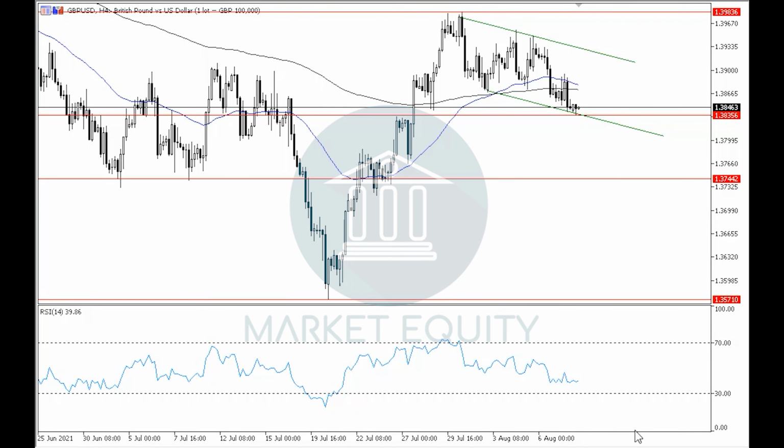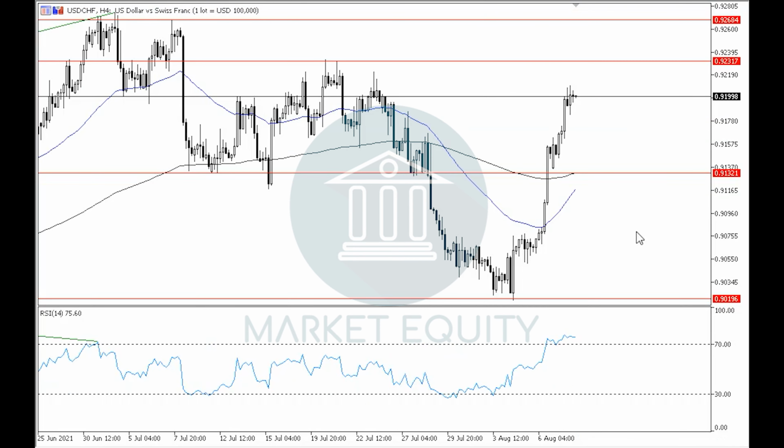Let's move on to the US dollar versus the Swiss franc. In the previous videos, we said that the pair is moving in a downtrend in the 4-hour time frame, and by rebounding down off of around level 0.9130, it will support the continuity of the downtrend. However, the pair broke upwards to this level and is currently being traded around level 0.92, which is a horizontal